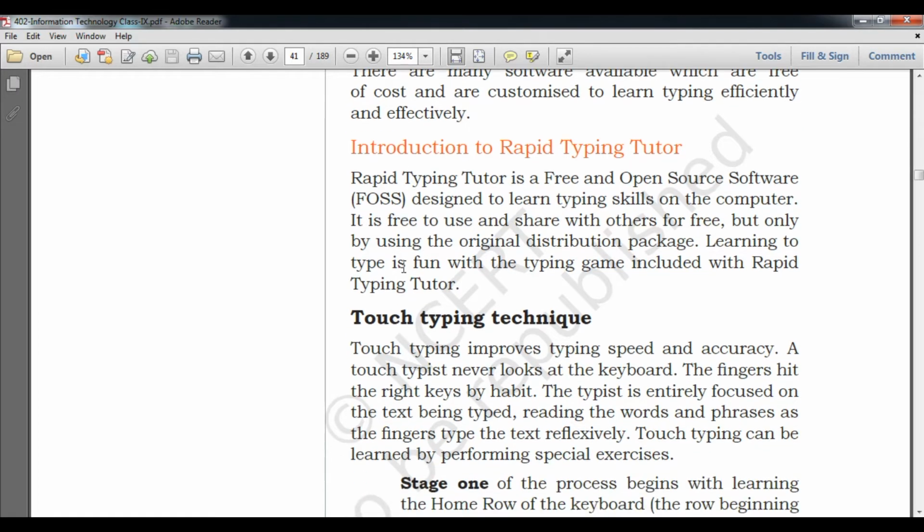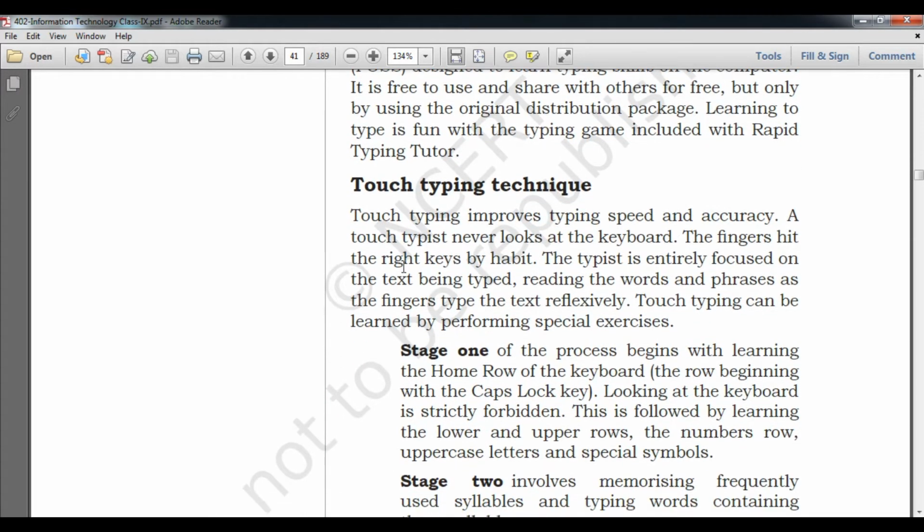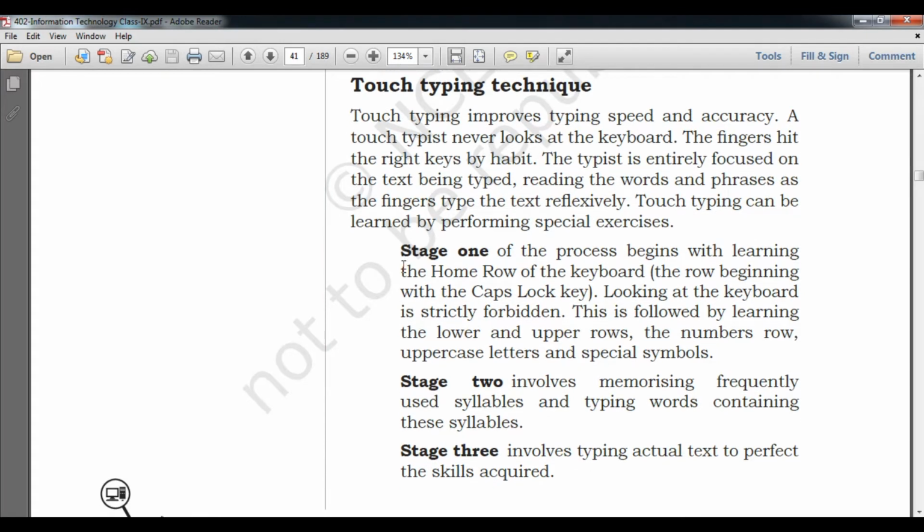And then let's see the actual interface of that. Touch typing technique. Student, here are some techniques by which you can learn the touch technique, by which you can easily understand how to type the contents without any problem. These exercises are categorized in stages.